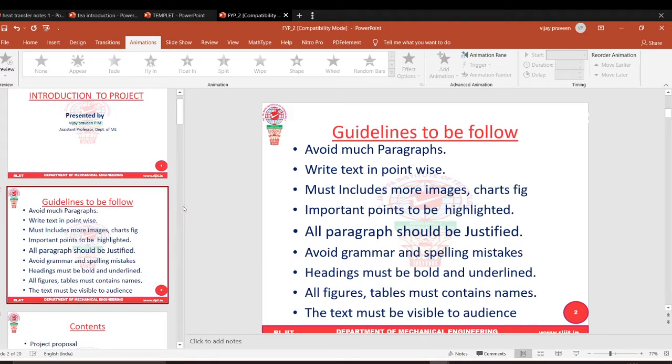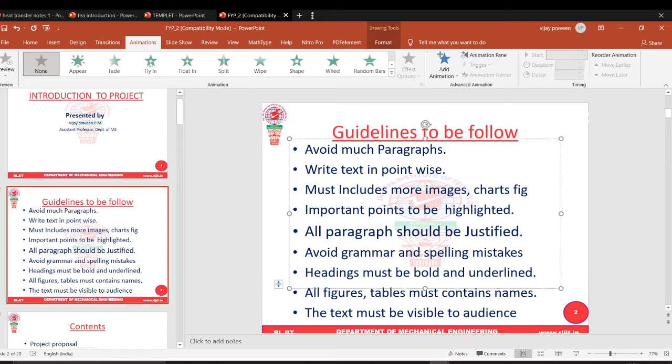Let me see how this animation will work. Suppose I click on the slide, what happened? The none option will be highlighted. That means you have not selected the animation option. So when we click inside the slide, automatically this option will be visible. Now that means you can give the animation. If I click outside the slide, it will go off. If I click inside the slide, it will be on. Now you can give the animation.